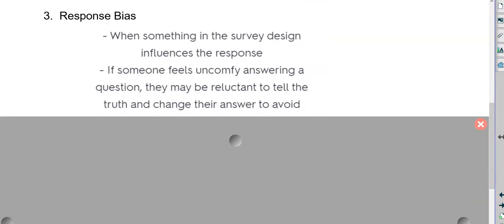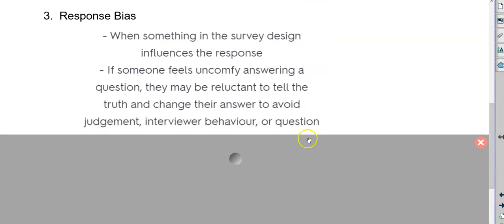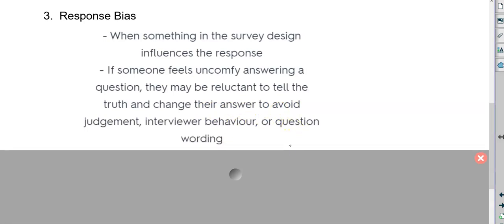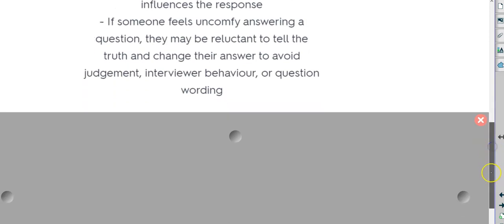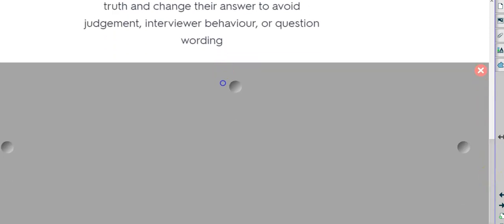So that's called response bias. Sometimes they actually change their answer to avoid judgment, or it doesn't have to be drugs, but it could be that you just feel like you want to please the interviewer. So they ask questions in maybe a leading way, like, don't you think we should all wear our mask even when we're outside? And so you think, well, they probably think I should say yes, and so I'm going to say yes because I want to please the interviewer for whatever reason. That's something that we just sometimes don't like to cause problems, and so it's called response bias.